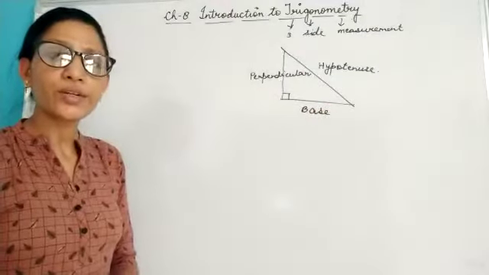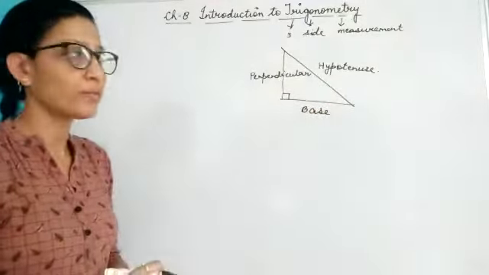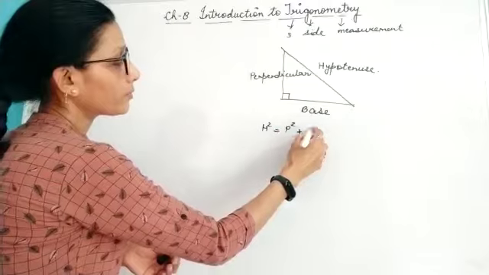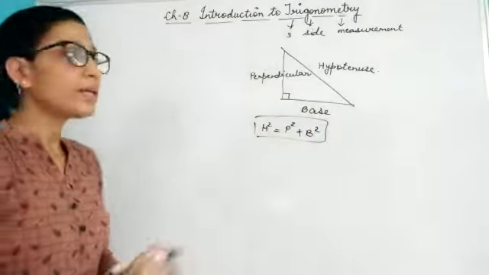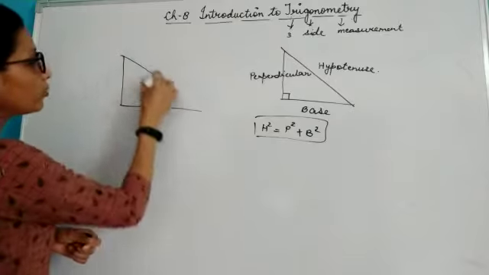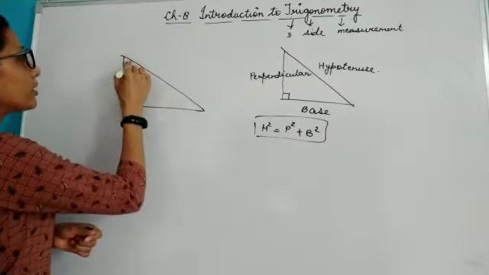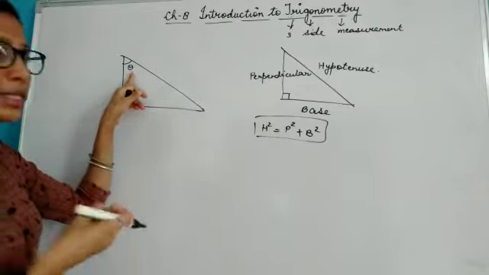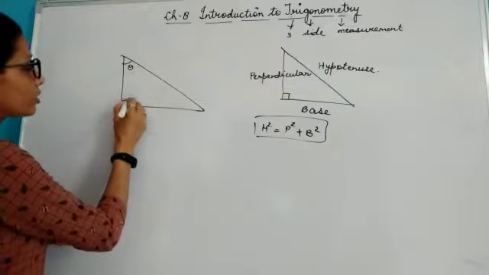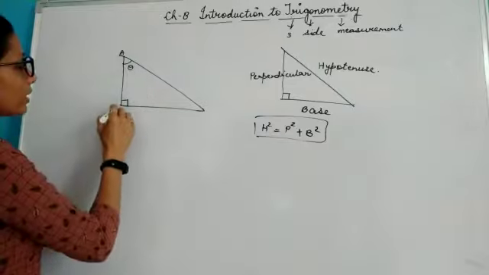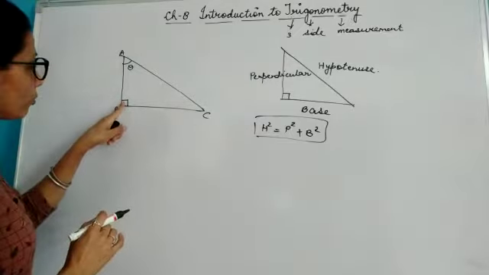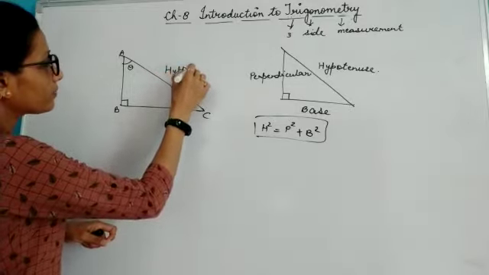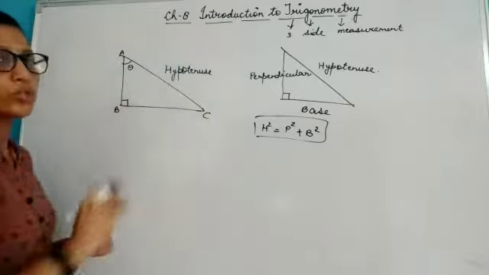Now if it is a right angle triangle, you can always apply the Pythagoras theorem. Fine. So I can write hypotenuse square equal to p square plus b square. But children, if I mention any acute angle over here, say I am mentioning this acute angle as theta. You can take it as alpha, beta, gamma, whatever you want, and say this is your right angle triangle. So let's say this is your triangle ABC. Now children, you know that just opposite to 90 degree the hypotenuse lies. So this is your hypotenuse, which is just opposite to 90 degree.